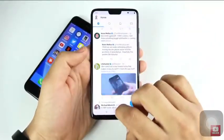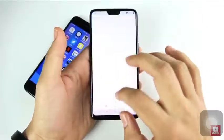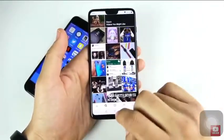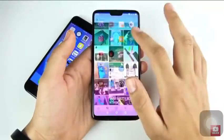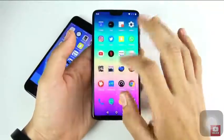Let's go into Twitter, and that's ready to go. Super fast multitasking here. Okay, we had a little refresh there for Instagram settings, and let's come home. Hitting the wrong button. Let's go into calculator. Let's go into